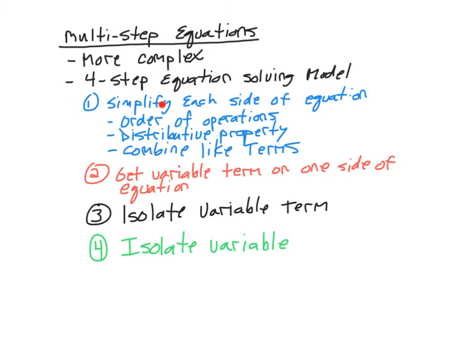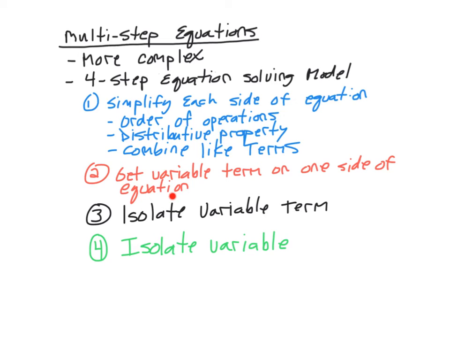Well, first, we're going to simplify each side of the equation. That means on the left side of the equal sign, I'm going to do order of operations. I'm going to distribute if I have parentheses to get rid of. And then finally, I'm going to combine all the like terms that I have. That's simplifying that side of the equal sign. Then I'll go to the other side of the equal sign and do the exact same thing. I'll take care of any order of operations that I need to. I will use the distributive property if there's parentheses, and then finally I would combine any like terms that I would have. After that's completed, then we move to step 2, which says, get the variable term on one